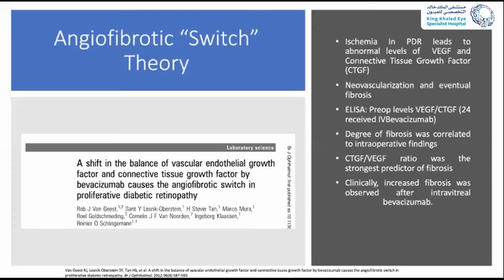This would imply that increasing connective tissue growth factor levels, or decreasing vascular endothelial growth factor levels, would shift the balance between CTGF and VEGF. And this would cause a switch between the level of neovascularization, pushing it towards a more fibrotic state. So here